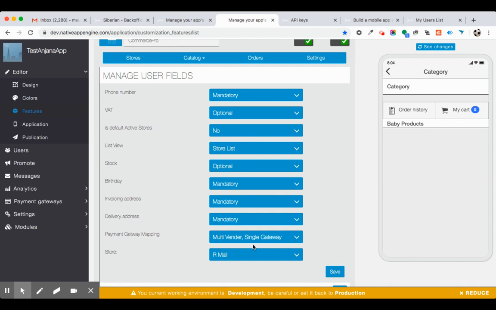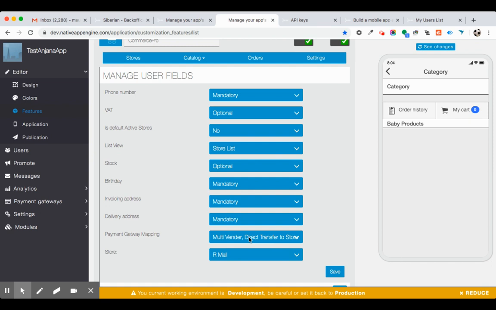And this is multi-vendor direct transfer to store. Here you want to use it as a marketplace, but the store's payment gateway will be used. Whatever payment information was entered by the store owner, those details will be used while making a purchase.